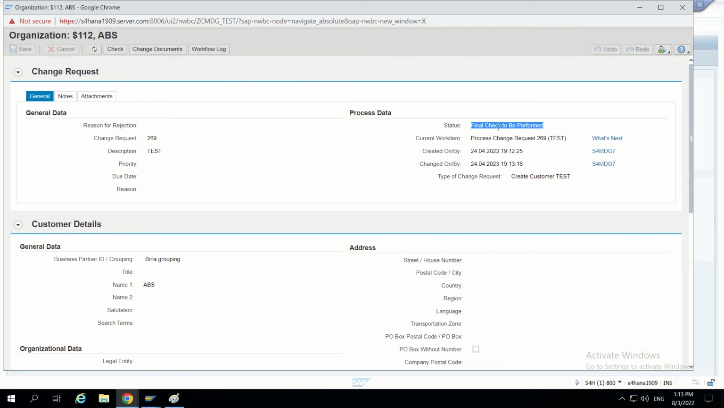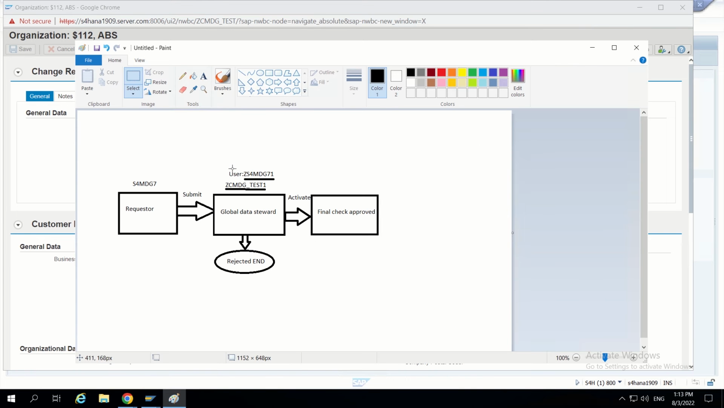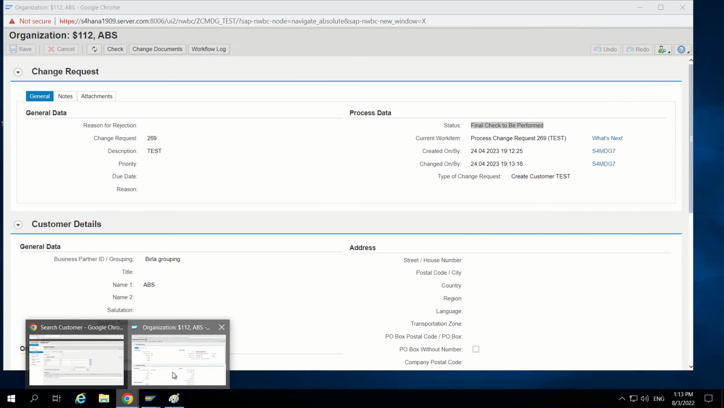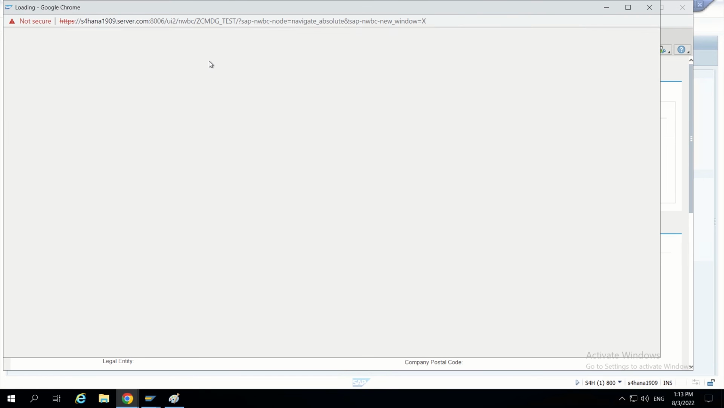That means it is the last level approver. That means in this particular one, it is at this level approver. That means it is with the global data steward. Now to verify that, I can show you this user ID. If I go to the workflow log, you can see